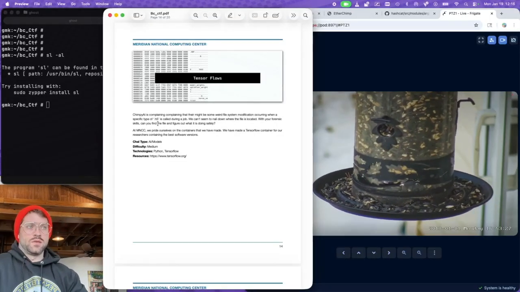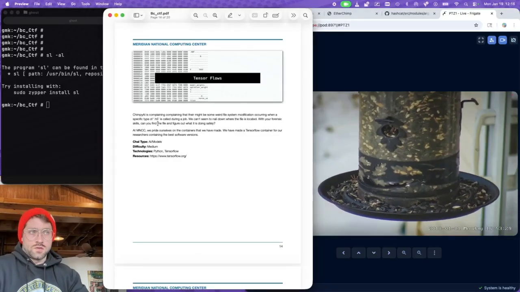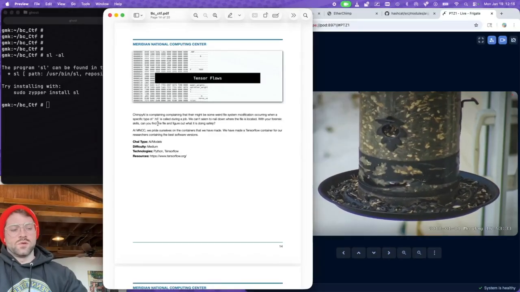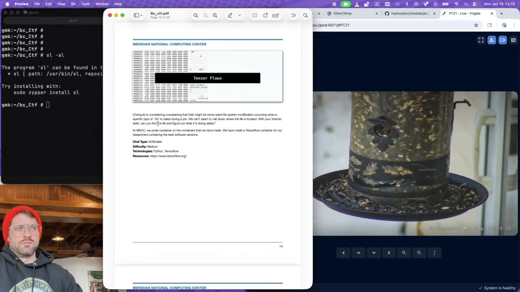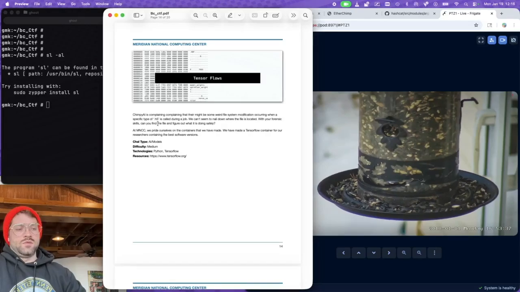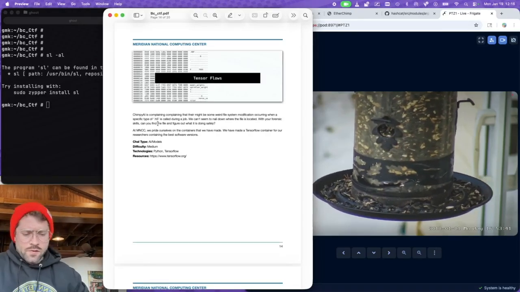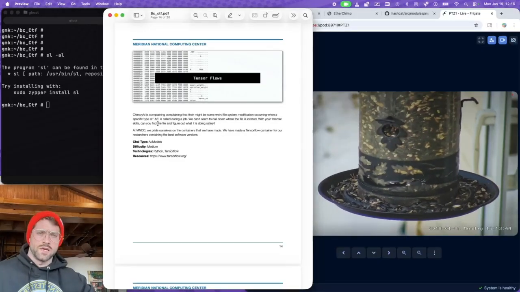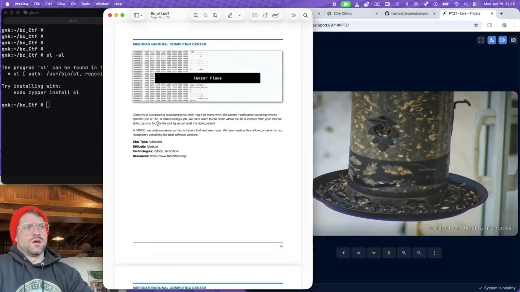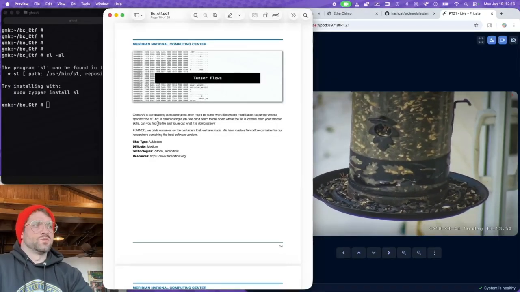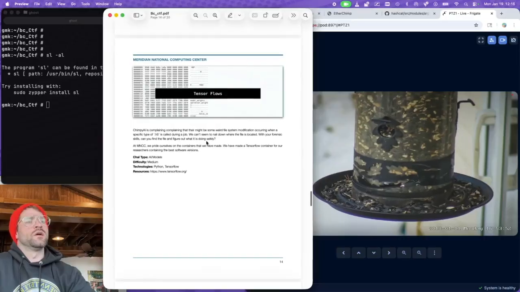Unbeknownst to them, it had arbitrary code execution within the weights of the model. So when TensorFlow called Keras, which we'll see in a bit, it provided the APT with that initial access point. From there, they were able to horizontally escalate across the cluster, and then eventually vertically escalate, as we'll find later down here.